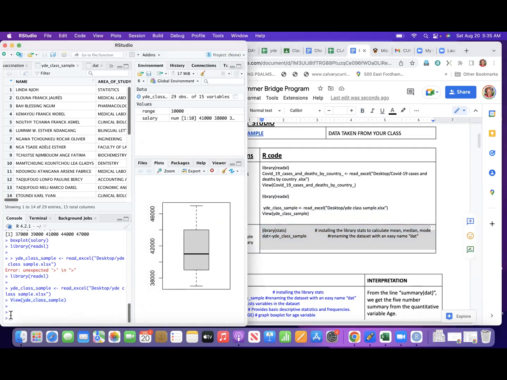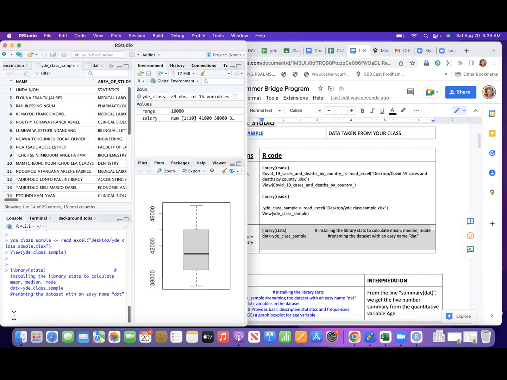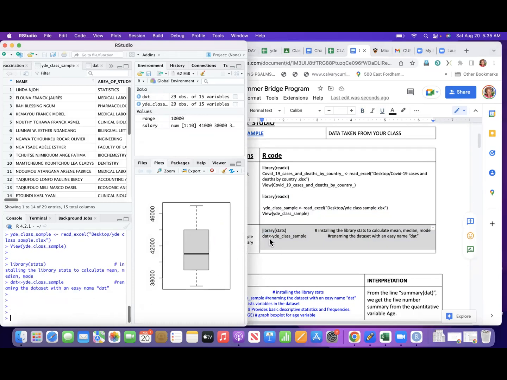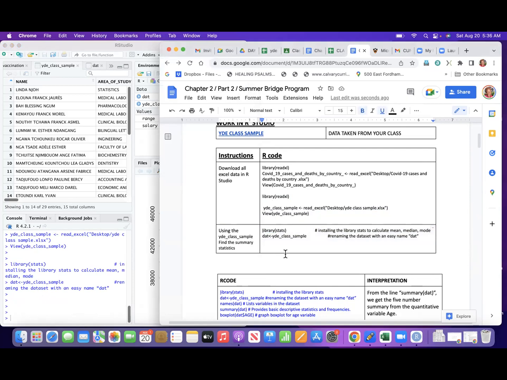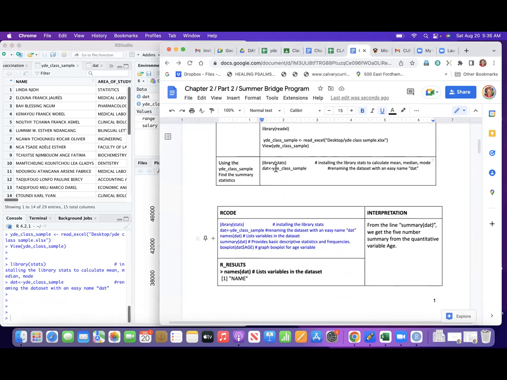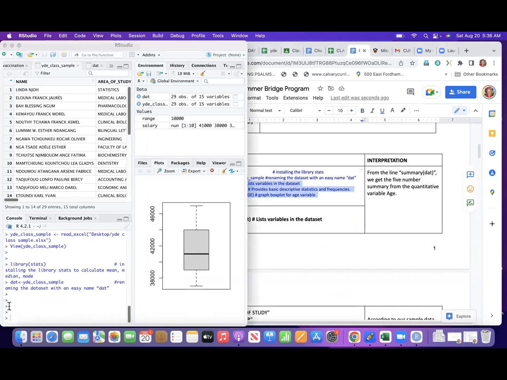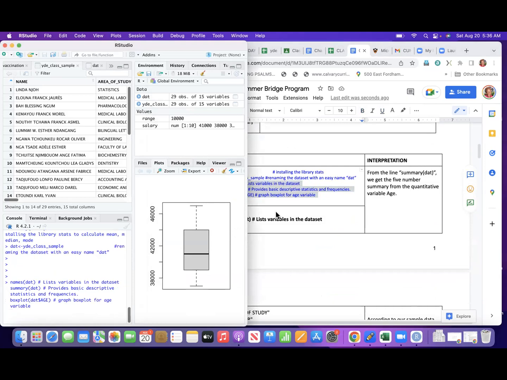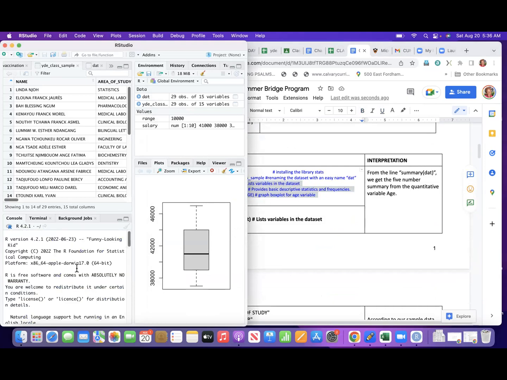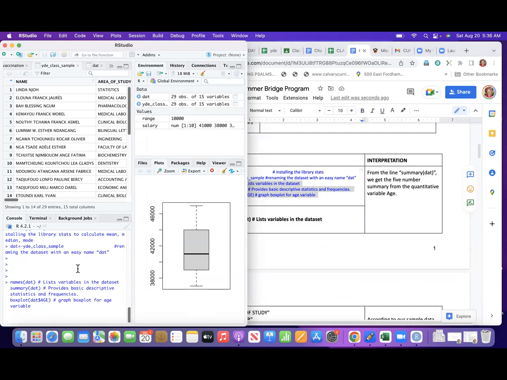Now I'm calling that data dat to make my life a bit easy. See, I call the data dat right here. Now, if you want to see the names in the data, a summary of your data, or a box plot of a variable, here a box plot of age, you plug it in right here. So it pretty much gives you what? It's going to give you,